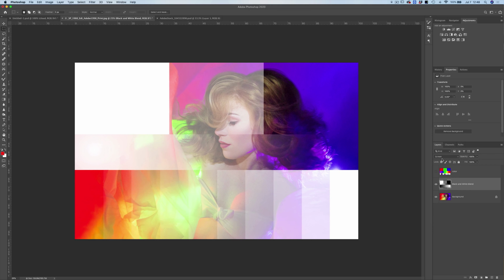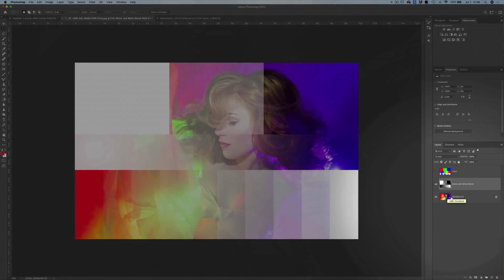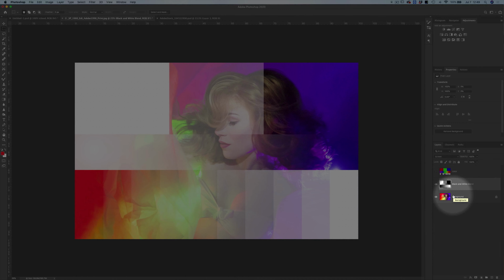Screen is going to be a blend mode that I use very often, and you'll see me incorporating this into my workflow in almost every class that I teach. The screen blend mode is going to use the brightness of the top layer to decide how bright to make the colors on the bottom.